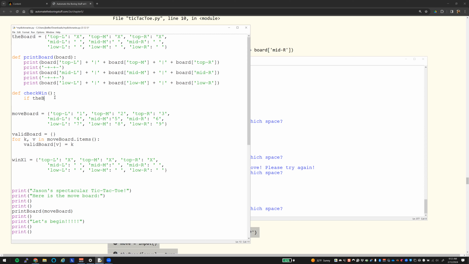If the board equals win X1, right? And if that wins, then we know X1. The only problem with that is we're not going to have some O's or something like that over here. It's not going to magically align at those at the top. So we would have to pull specific values to see if they would be X's. So a better way of doing that would be if the board